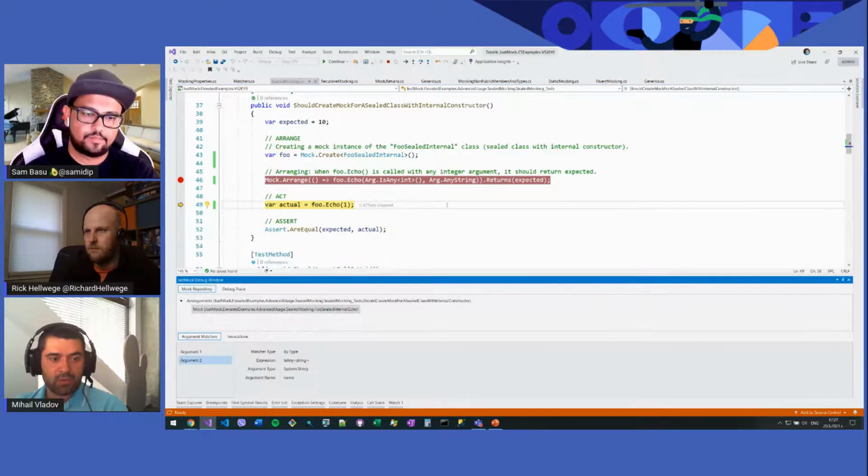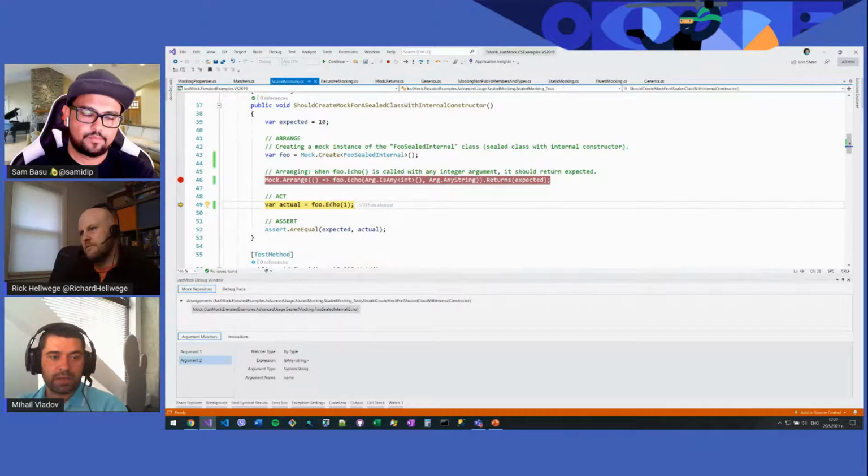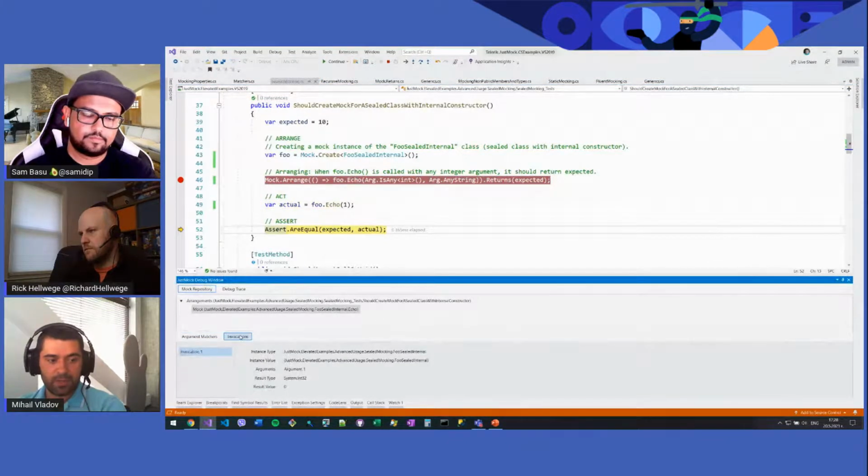And so what we expect is that we will call this echo method with the two arguments, but we made a mistake. And what we can see in the invocations is that we have only one invocation, which is correct, but the arguments is just one.